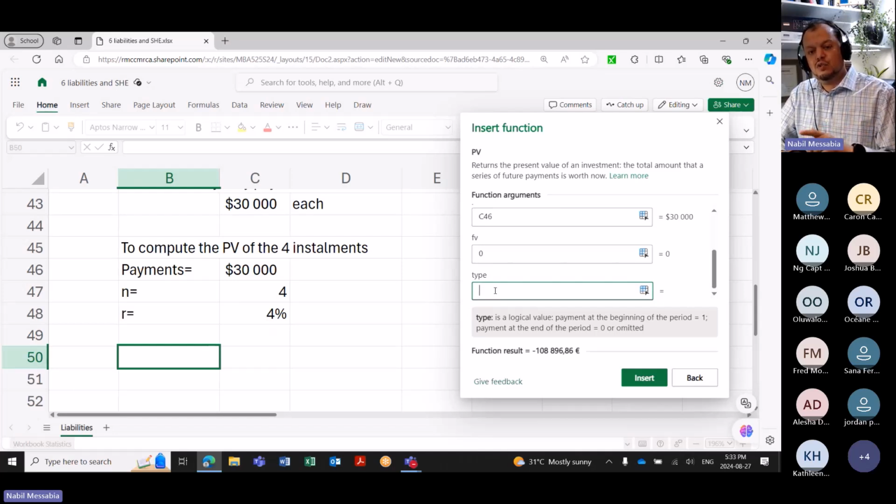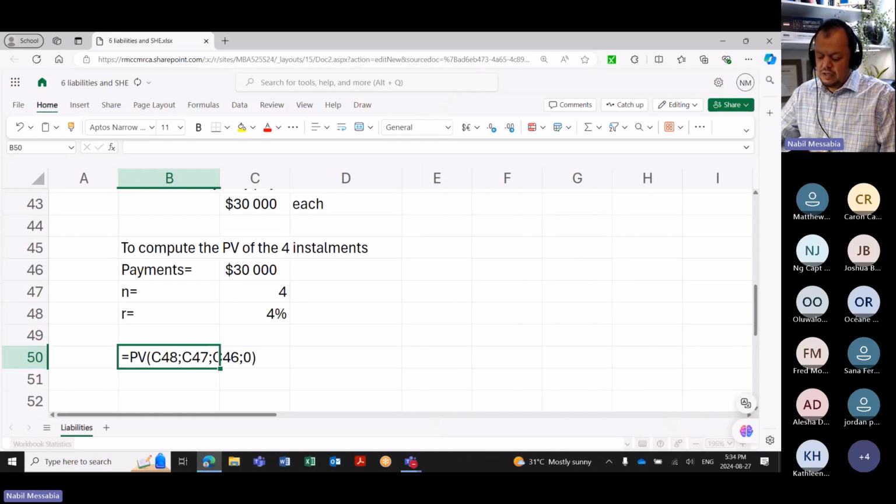So then you have to put 1 in this box here, which means consider that the payment is done at the beginning of the period. By default, if you don't put anything, it is presumed to be at the end of the period. So we're going to keep it without indication. So that's it, and we have the amount here